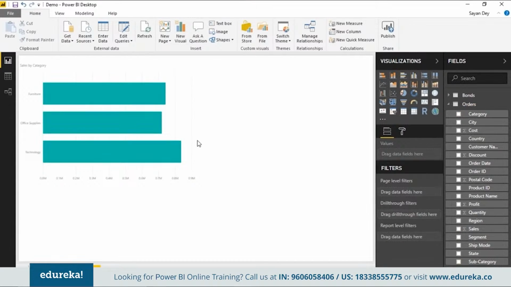So I can configure a drill through filter. The idea is that if I right click on a particular category, I should be able to see subcategories of only that particular category. So in that particular case, I can go back and configure the drill through filter. Okay, and again, the use case could be that if I want to click on a particular report, I want to navigate to another page, and I want to see subcategories in that particular page. Those are scenarios where you will basically go ahead and configure drill through reports.